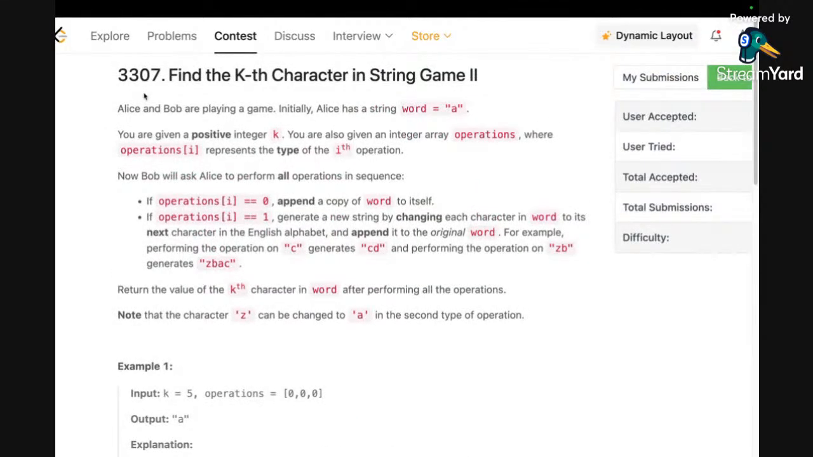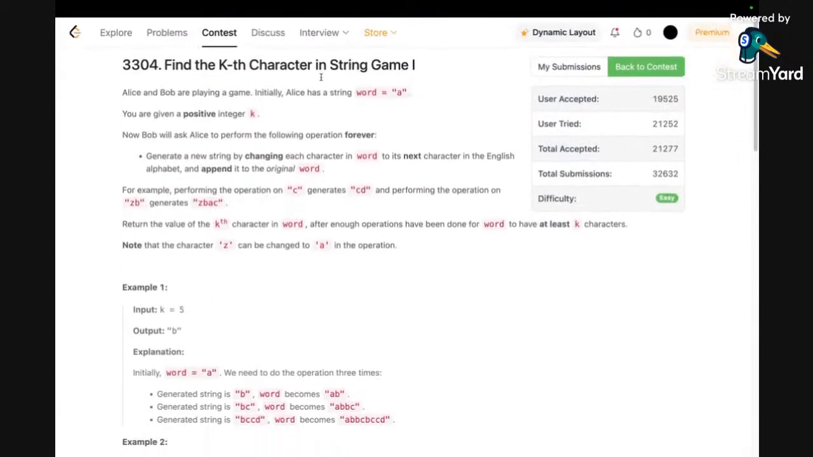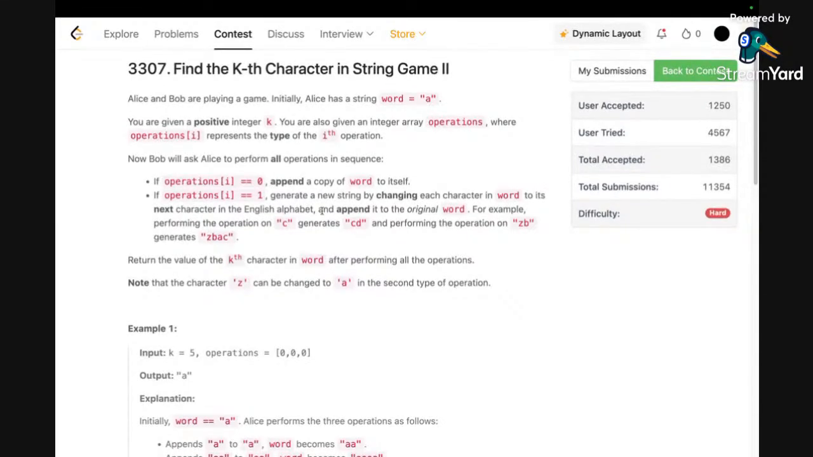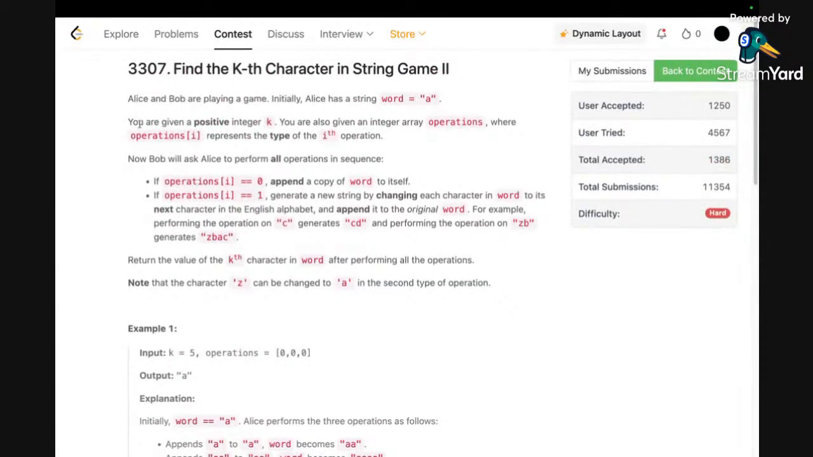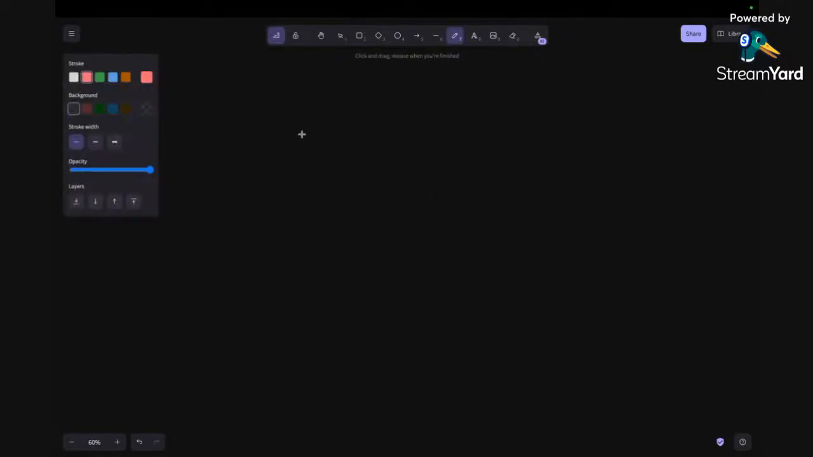Okay, so this will be the next problem which we will discuss. This is a follow-up problem of the first one which we had discussed. The difference between the first problem and this problem is, first of all, the value of k can be very huge this time. Secondly, we have been given two types of operations this time. So in the first problem,